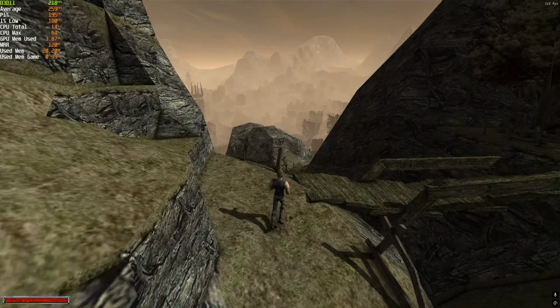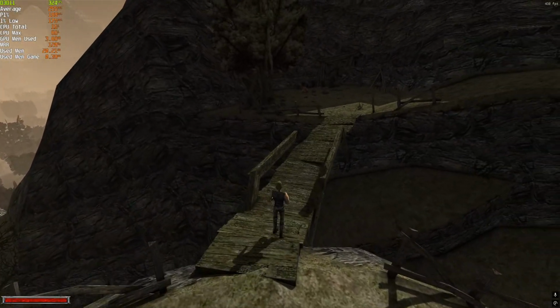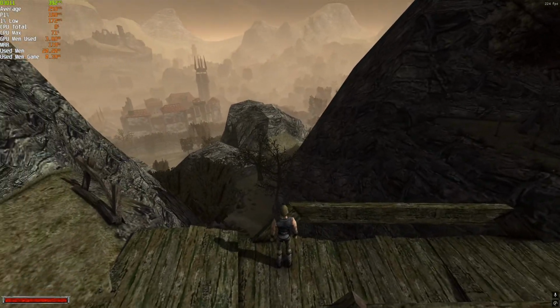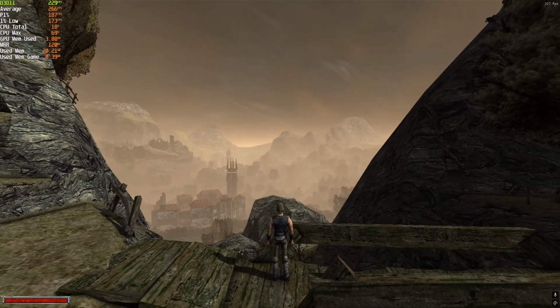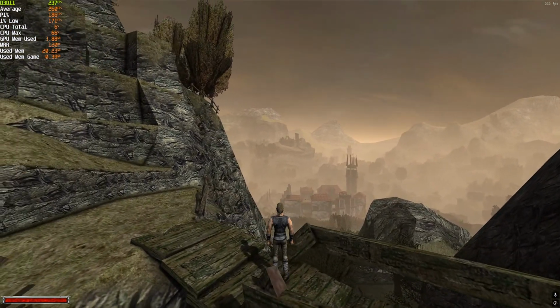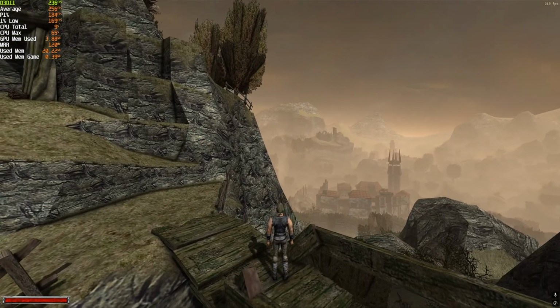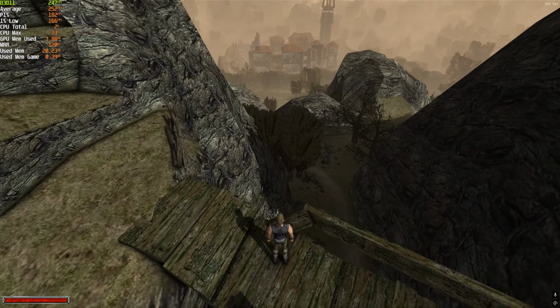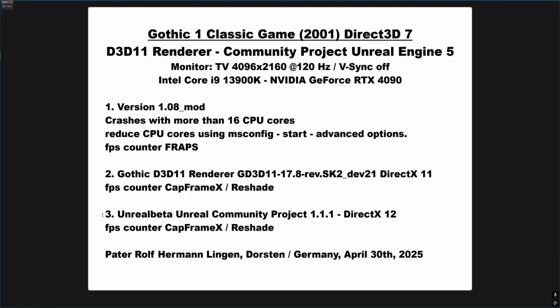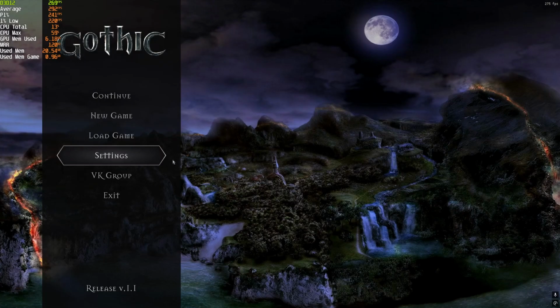And the view distance is even higher than the 1.08 mod, and still very high frames per second. Quite impressive. Now the so-called Unreal Beta or Unreal Community Project,